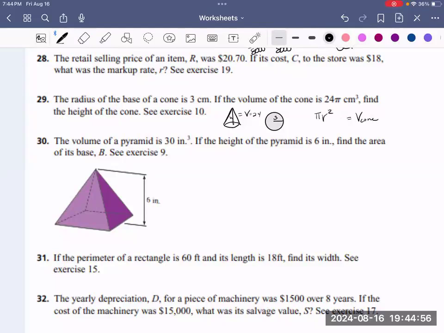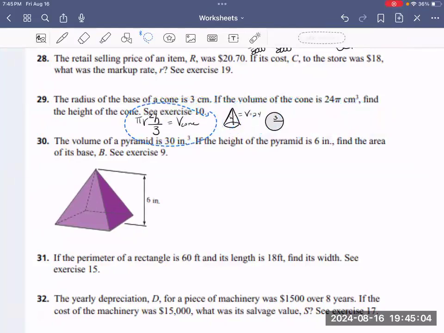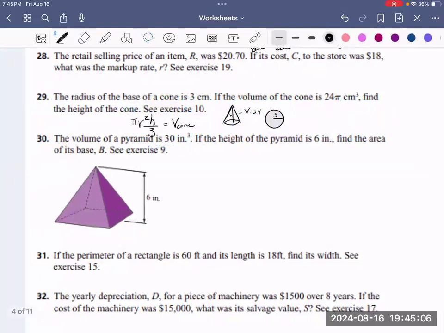Pi r squared h over 3. Keep in mind with that third, I'll put that over here. With that third, this whole thing can be rewritten as over 3. Keep in mind, this is really just over 1, so we can multiply top to top, bottom to bottom, and this would be your